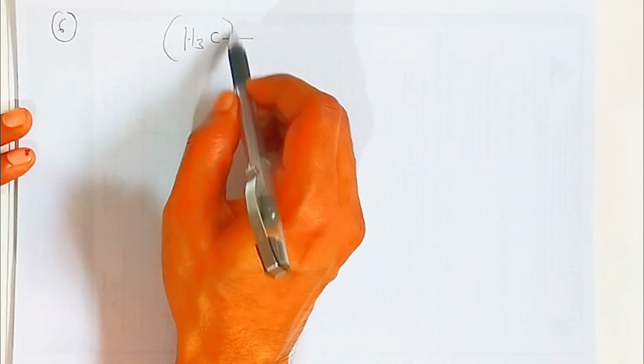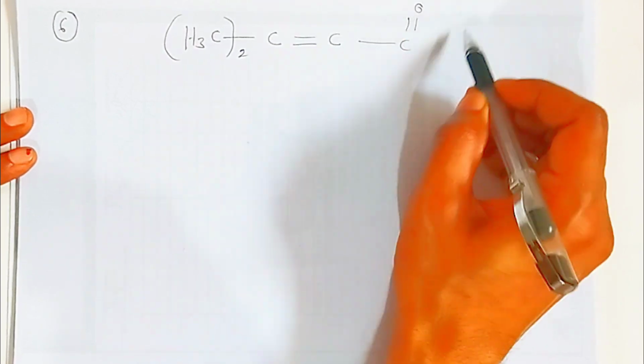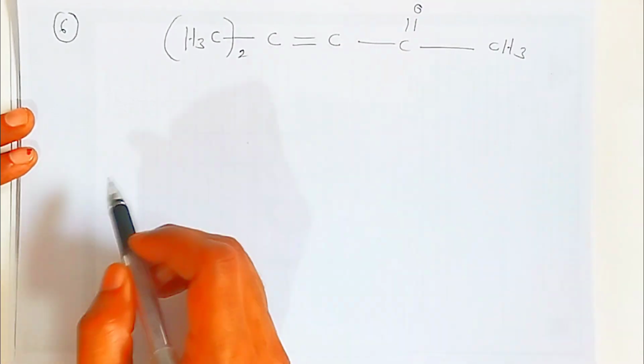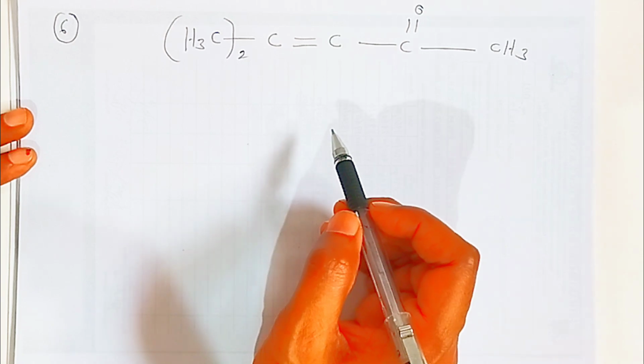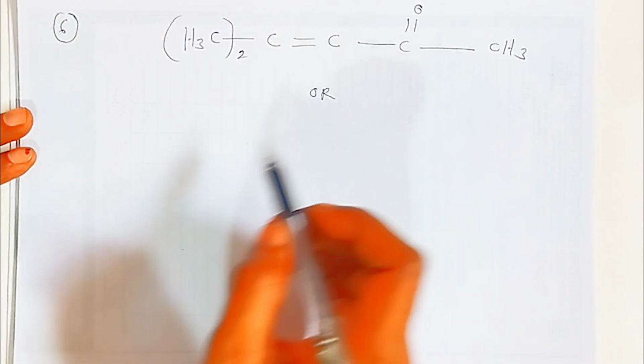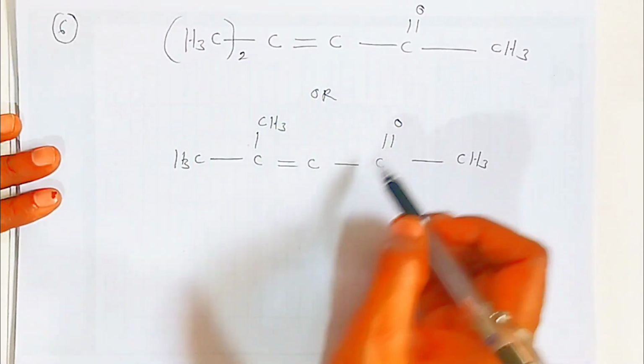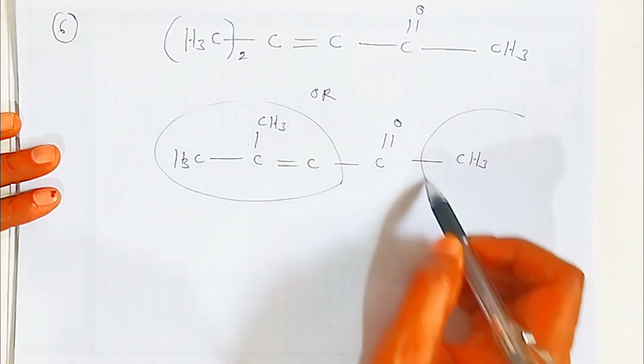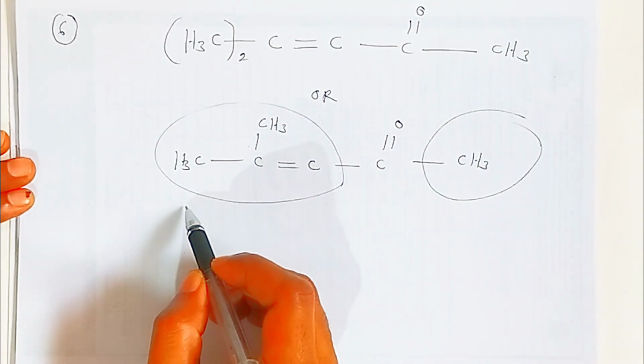Methyl, 2-methyl is attached to this unsaturated carbon, and it is attached to the carbonyl, and it is attached to methyl. So how are we going to name this molecule, students? If you want to name this molecule, you can represent it like this also. Here this is one alkyl group, and here it is another alkyl group. So this is called 2-methyl